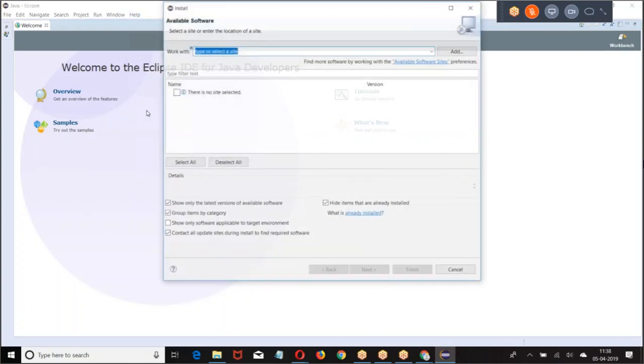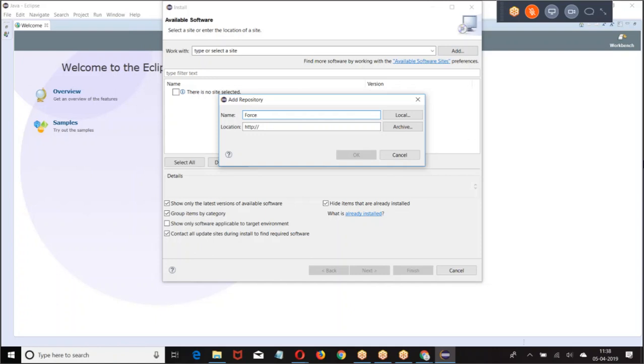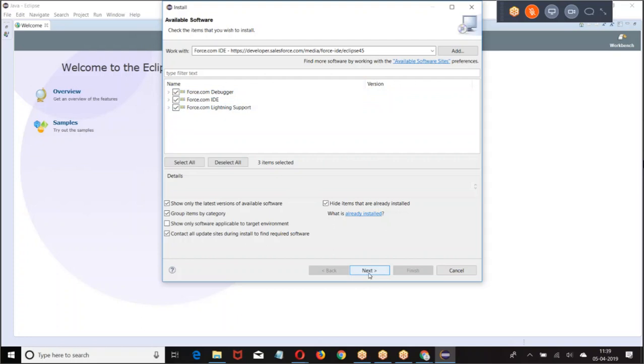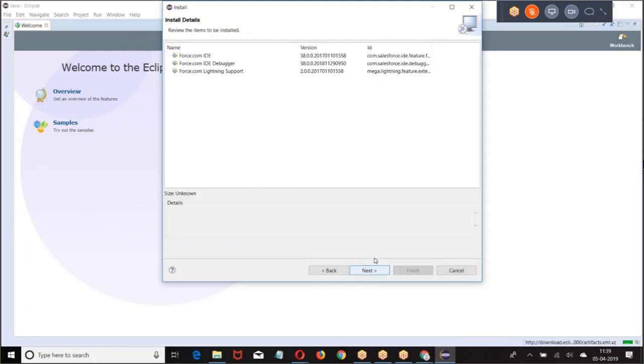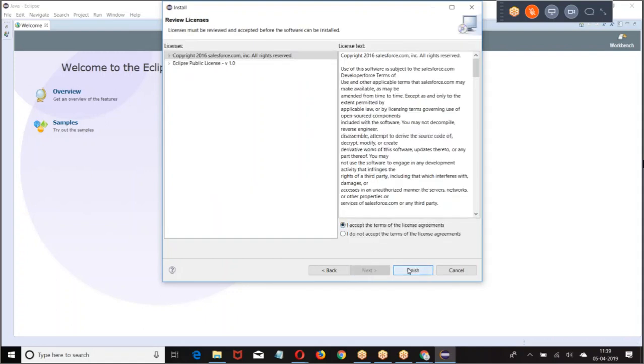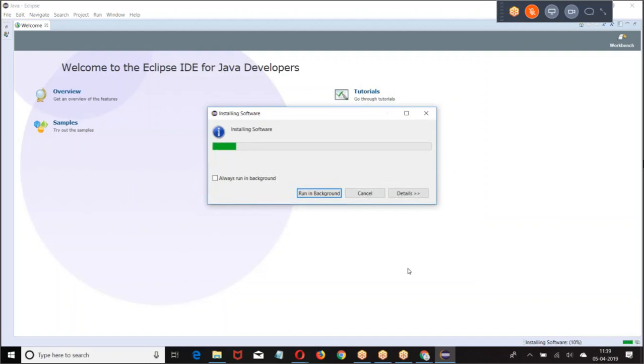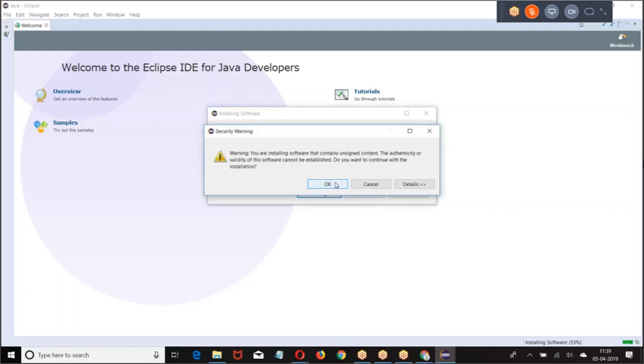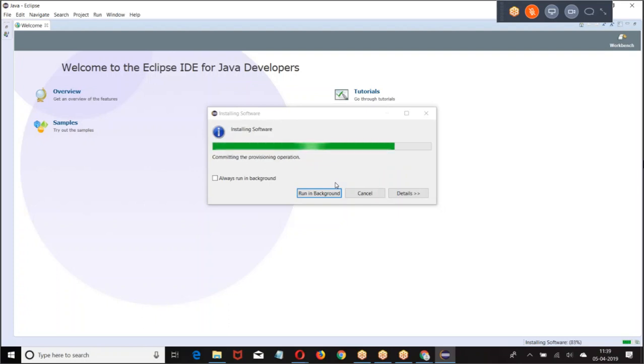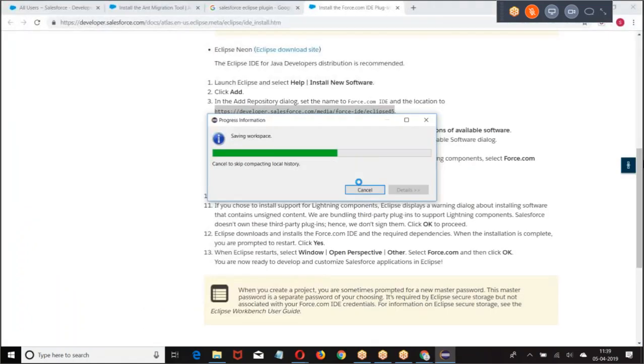Help, install new software, add, select them, next, accept the terms and conditions, finish. Just give next, and it will restart the system.